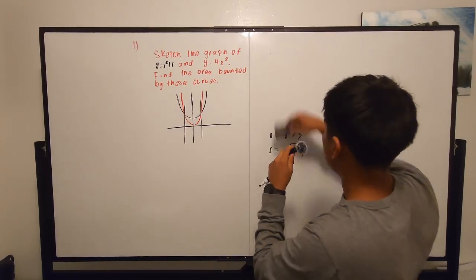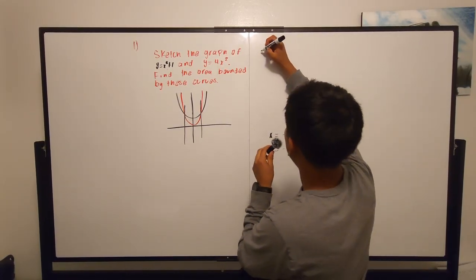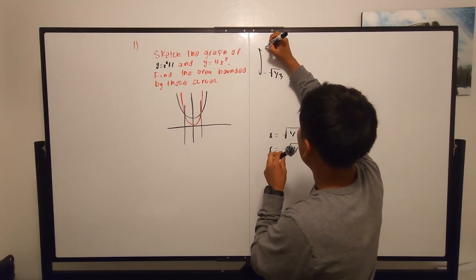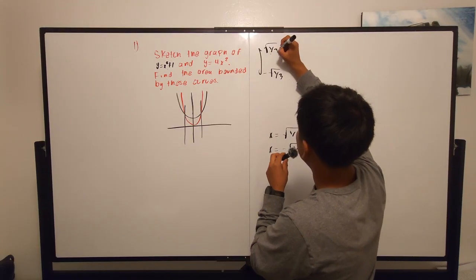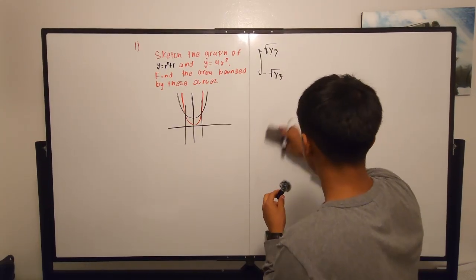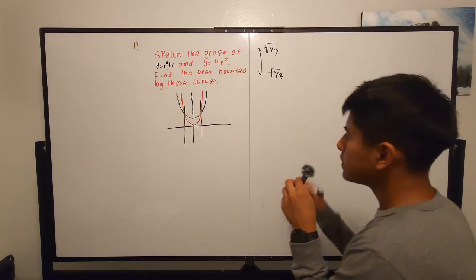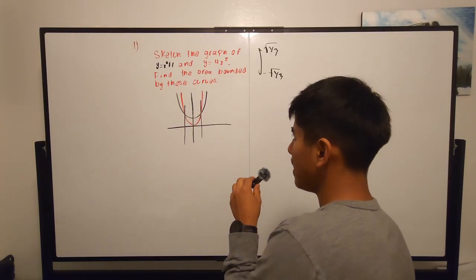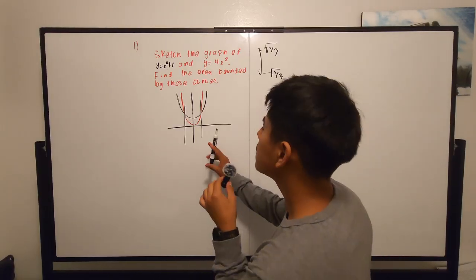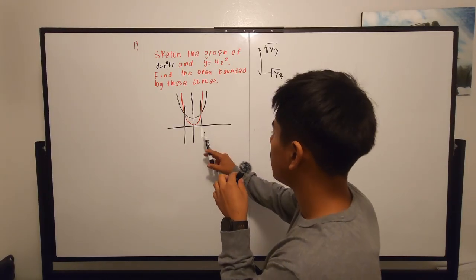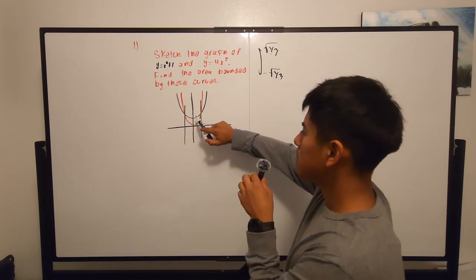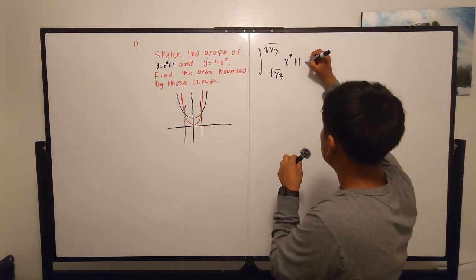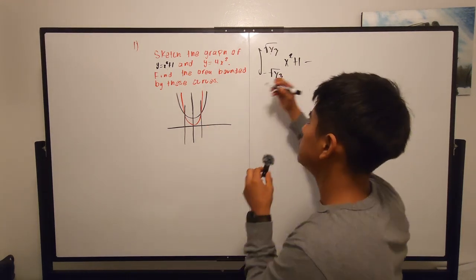So now I'm going to write the integral. We have the integral from negative square root of 1 over 3 to square root of 1 over 3. And since I already have it drawn out here, it's going to be very easy to find the top function and the bottom function. The top one within the bounds that we're looking at here is going to be the black one, which is x squared plus 1. So it's going to be top function minus the bottom function, which is the red one, which is 4x squared